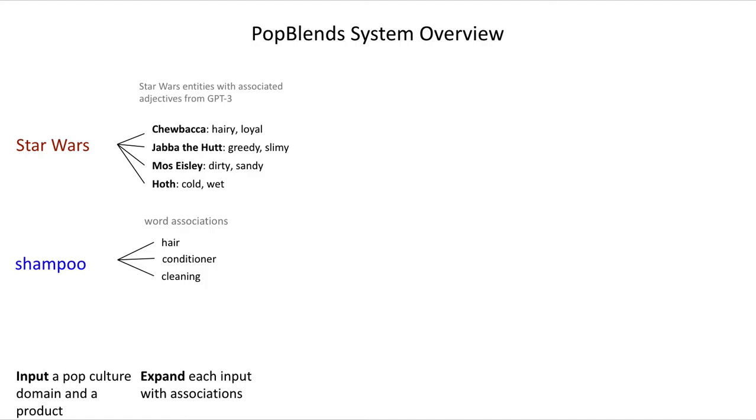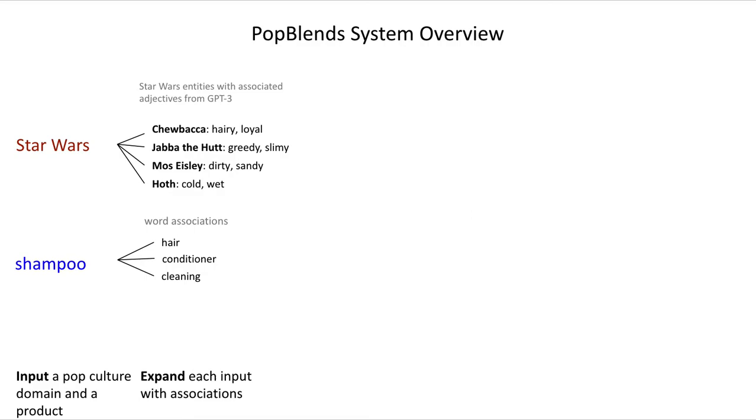For products like shampoo, there are databases for associations like ConceptNet and Small World of Words. For pop culture domains like Star Wars, we have to generate the associations. PopBlends uses two types of NLP to do this. First, it parses and uses coreference to extract key scenes from Wikipedia plot summaries. Second, it uses GPT, a large generative language model, to collect a knowledge base of associations of the main entities